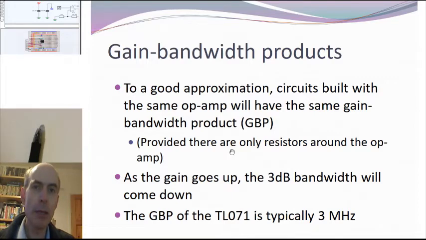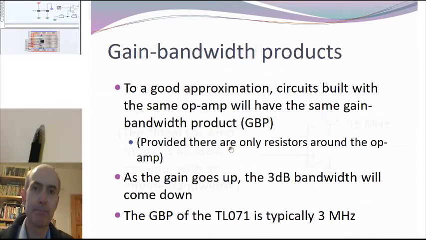This should remain constant for any circuit built using that op-amp. And we can test that later by building a completely different circuit, a summing amplifier, using the same op-amp and predicting what its 3 dB bandwidth is going to be before we try and measure it. If all works, and it should, this should give us a very accurate prediction of the 3 dB bandwidth of